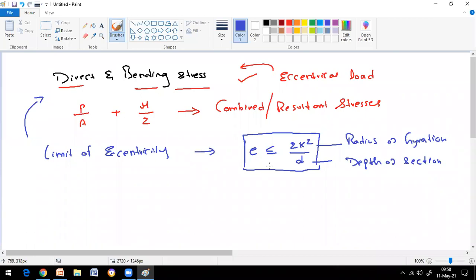Okay, so E is always less than 2k square by D. This is the radius of the section and this is the depth of the section, right? And along with that, what else do we have